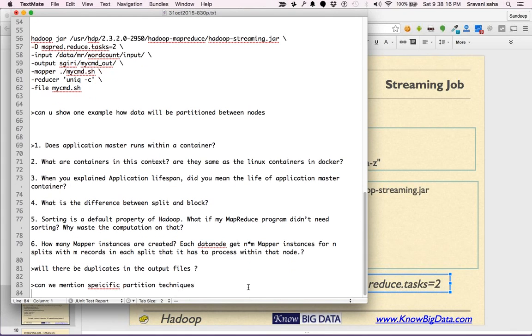Okay. So right now, there's a question from Sridhar. Right now, internally, Hadoop is partitioning. It's sending the first key to one node, the second key to the second node, then the third key to the first node, the fourth key to the second node, and the fifth key to the first node, and so on. That's what is happening. If you have mentioned 5 as reducers, then there'll be 5 files because there'll be 5 nodes running your reducer and parallelly writing to HDFS.